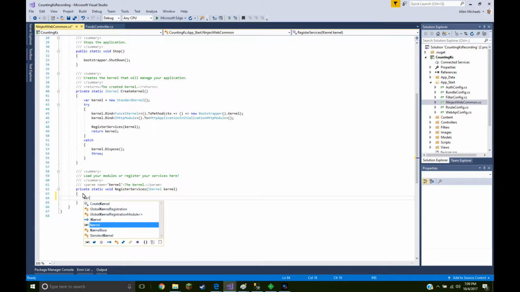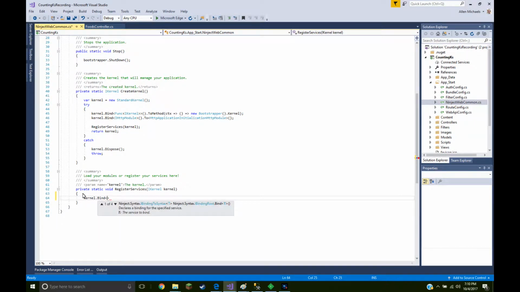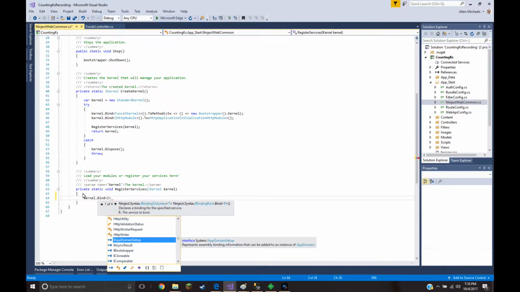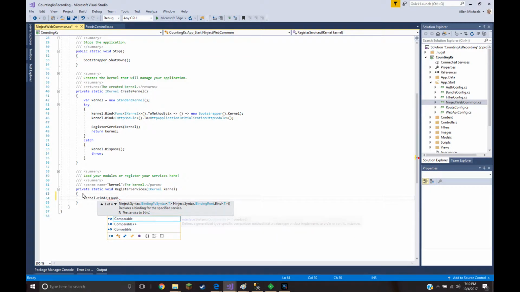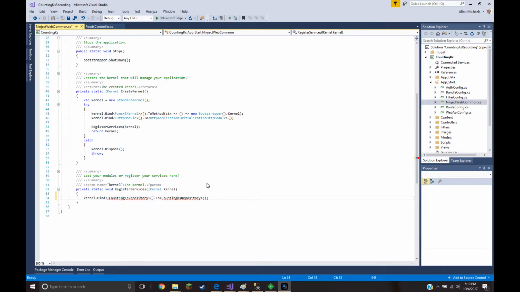So we use the kernel, and we use Bind, and then we do our interface, ICountingCaseRepository. I went ahead and typed it in first correctly, and then I'll just add the reference to our data. So we went ahead and bound ICountingCaseRepository to our concrete class, and